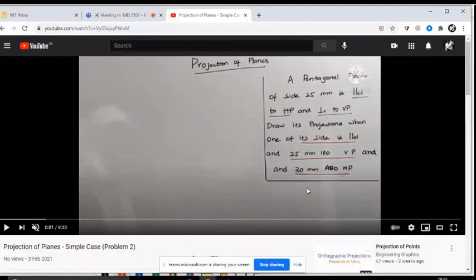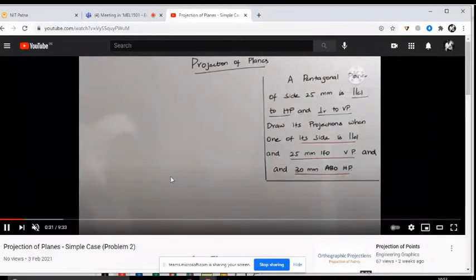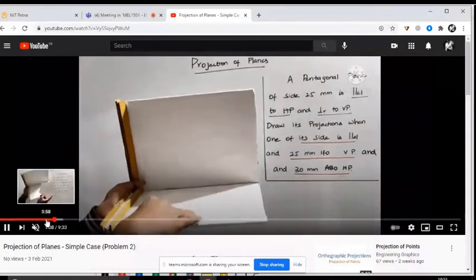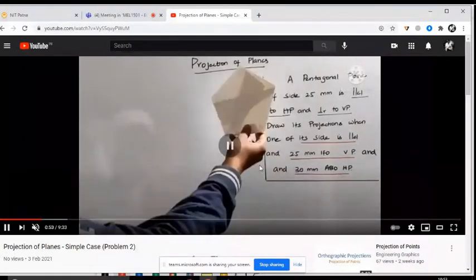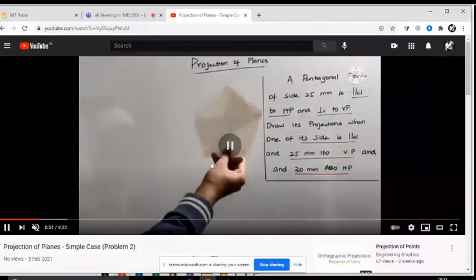So first, what you need to do is position your plane in the quadrant. We are following first angle projection, so we need to position the plane in the first quadrant. Let's see here. This is the pentagonal plane. It's actually a white color chart paper I made, so it's on a white background and not clearly visible. Is the pentagonal plane visible to you? Yes, sir. Yes, sir. Yes, sir. Yes.